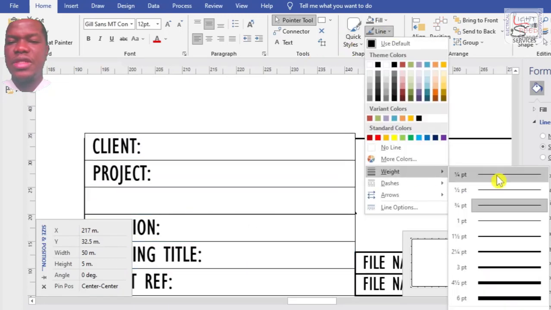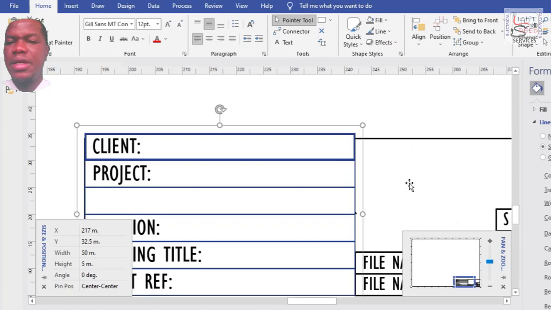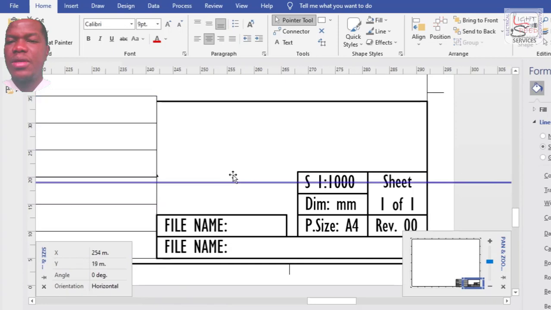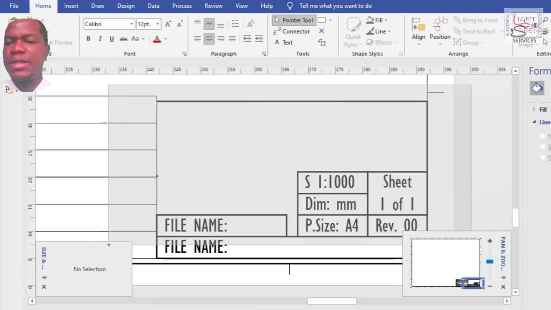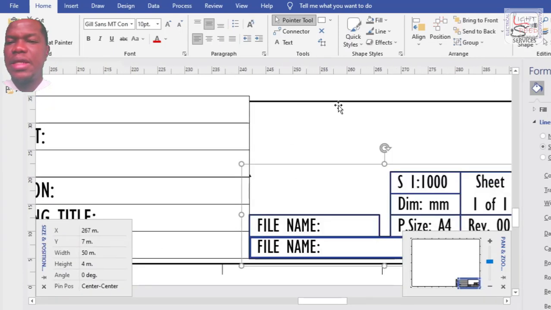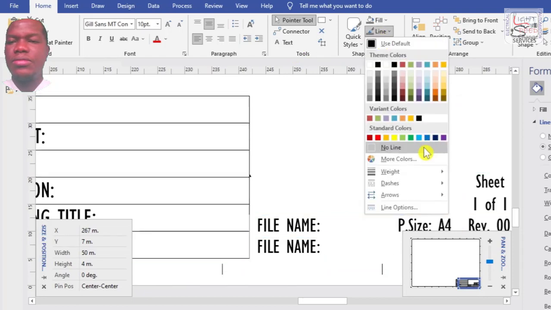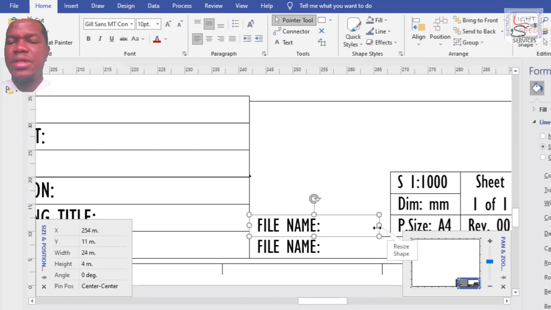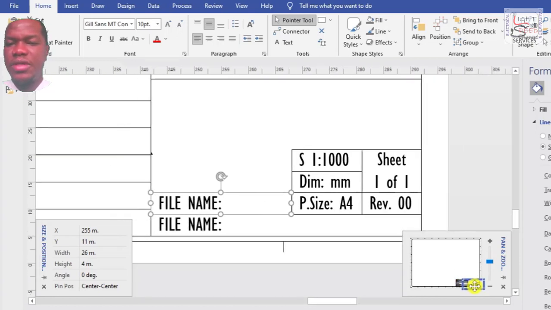Maybe I need to reduce the size of this. Not line weight. How did this happen? Make all line weights the same. Yeah. Okay, not that. That didn't solve the problem. Well, let's proceed first. We'll figure it out later.